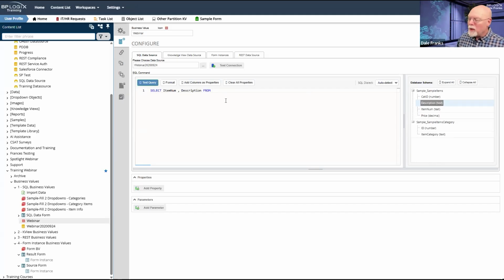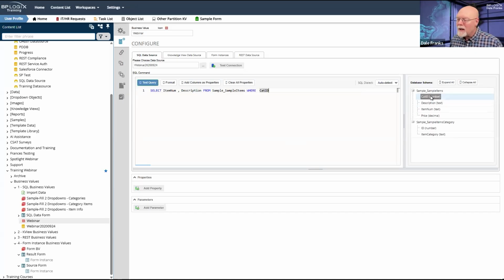And what table do I want it from? Well, I have sample items and sample items category. So I'm going to start typing the name, and there we go. Sample items is my table. So I'll just hit my enter key, where, and well, there's my where clause. So I might as well just accept that. Where, and what do I want to check?